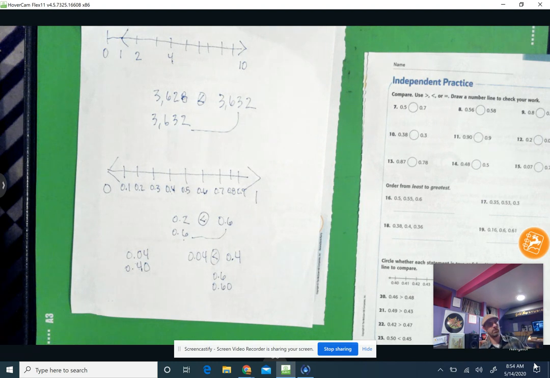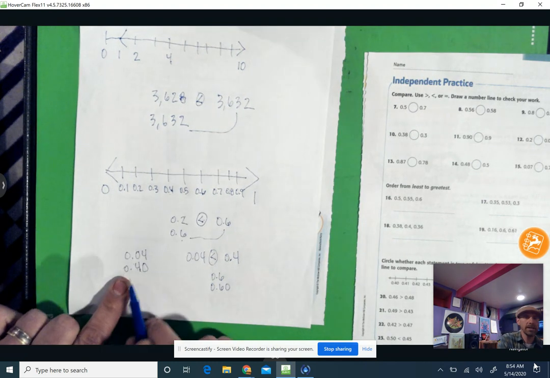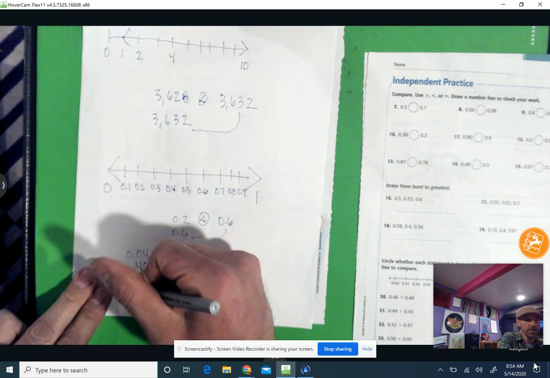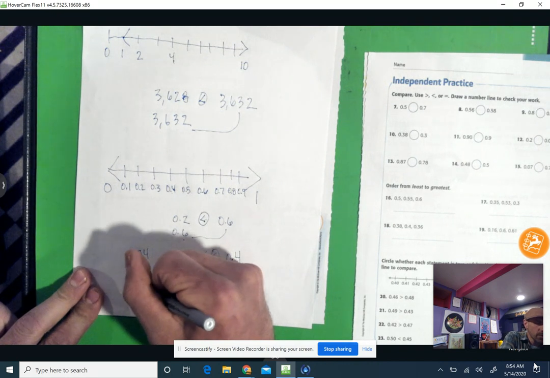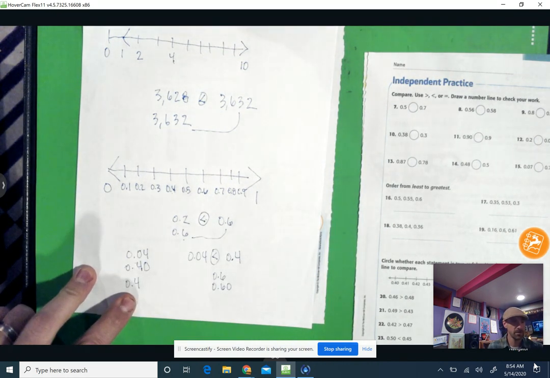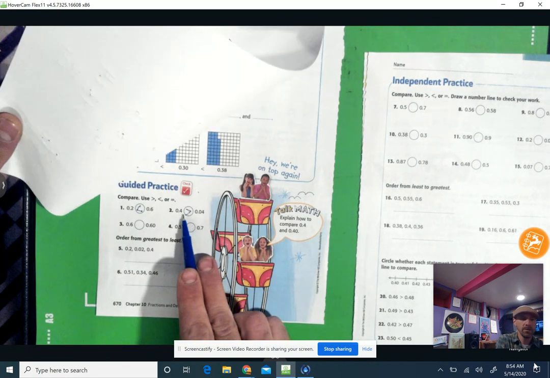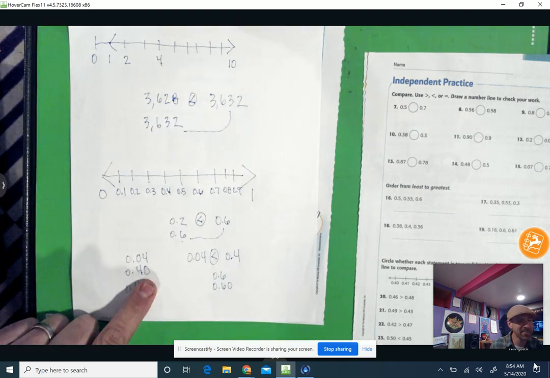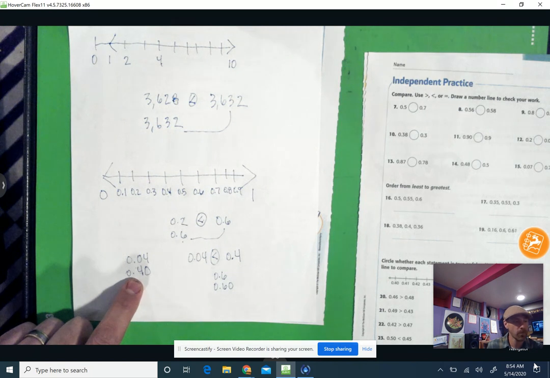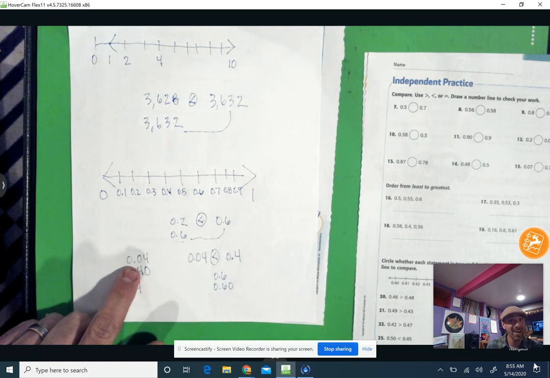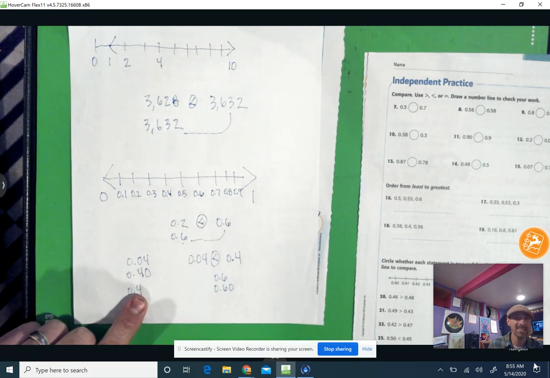Now, I want you to understand that what I just did over here for problem number 2, when I put 0.4, which is the number in number 2, I added this 0 as a place value holder. That changed the decimal to 40/100. 40/100 is equivalent, or the same